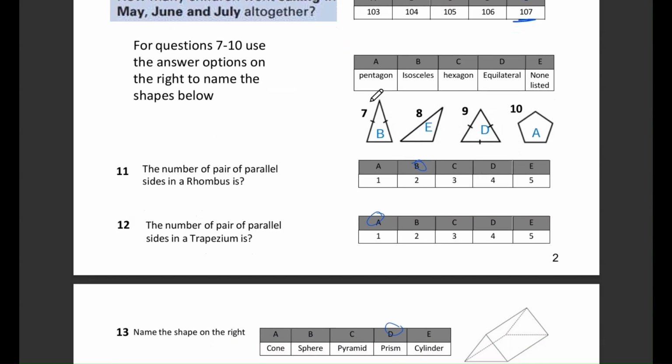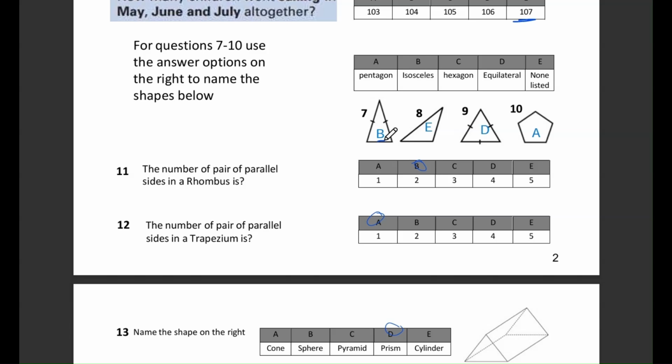Question 7. For question 7, we have a triangle drawn with two sides of the same length. The question asks, what is the name of this shape? The multiple choice answers are A, pentagon, B, isosceles, C, hexagon, D, equilateral, and E, none listed. A triangle that has two sides with the same length is specifically called an isosceles triangle, so the correct answer